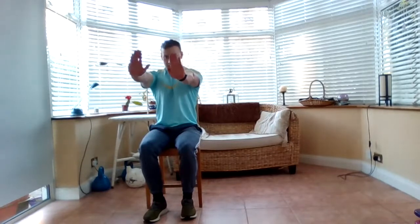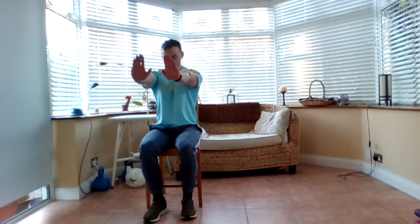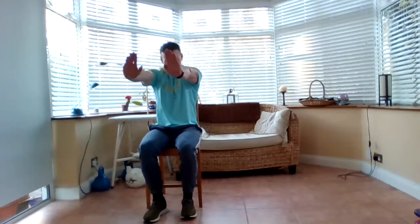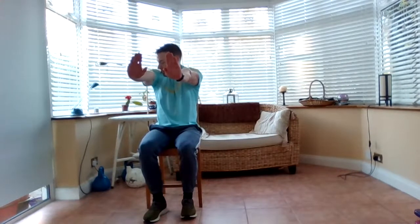And then pull back. Might even feel those shoulder blades squeeze together here as I pull the hands back towards my shoulders. Stretch the arms out in front, hold position. Pull back. And one more time. Hopefully feels really nice. For me, this feels really good. Just stretch those arms, straighten out in front as far forward as you can, pushing away, and then pull back. Squeeze, hold the position,